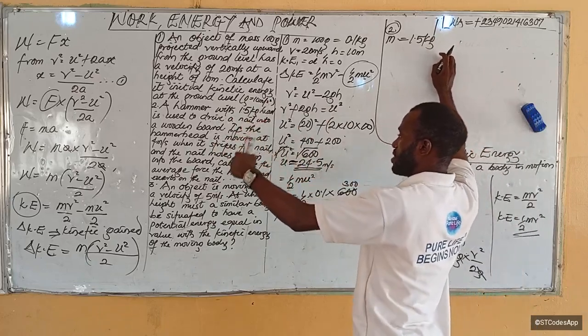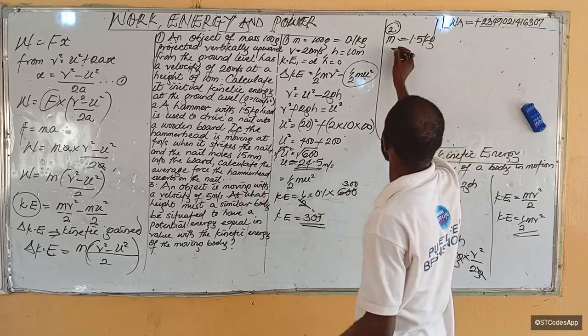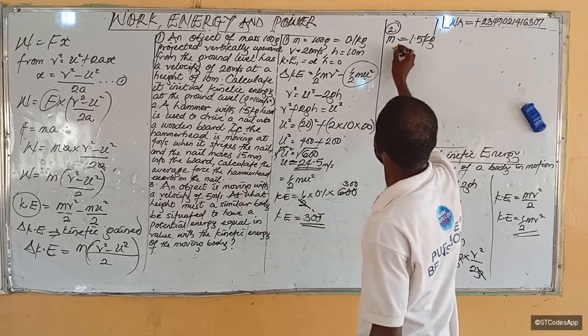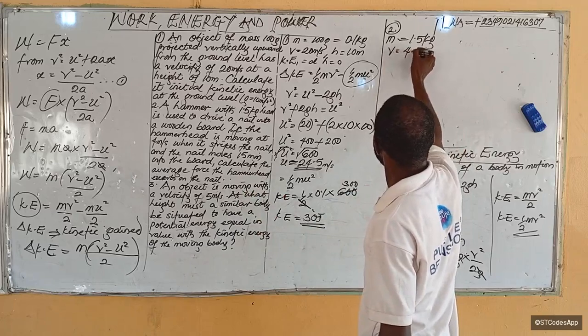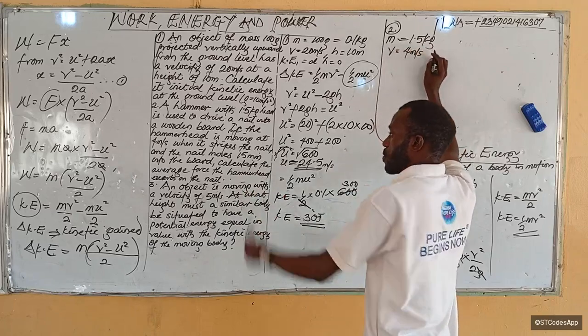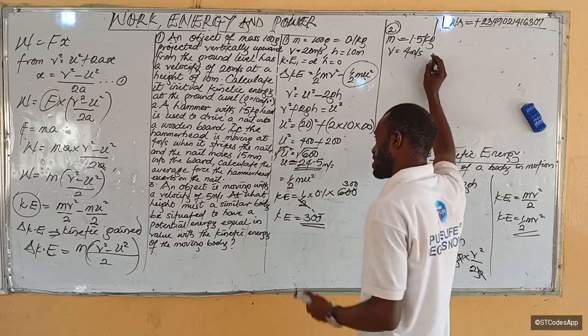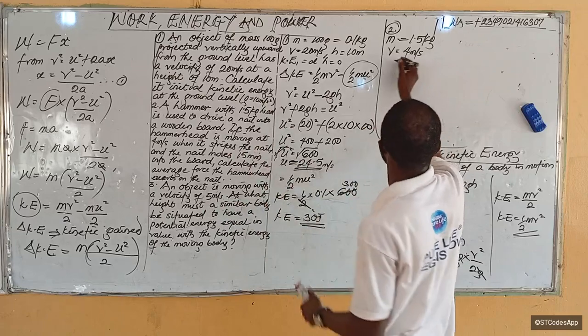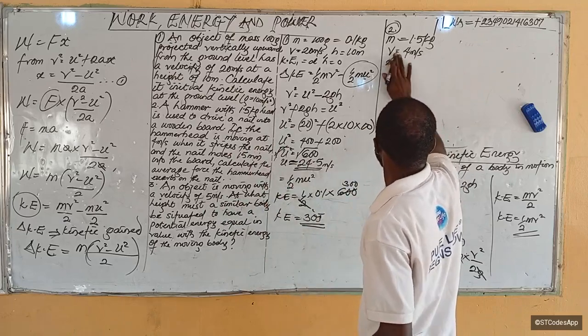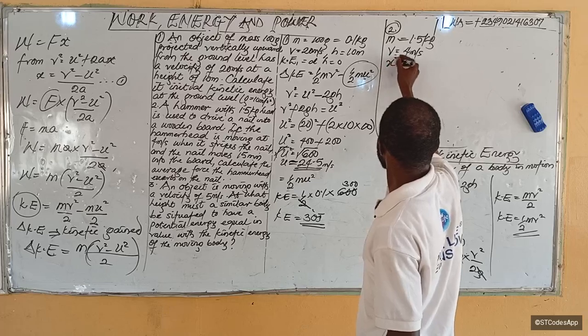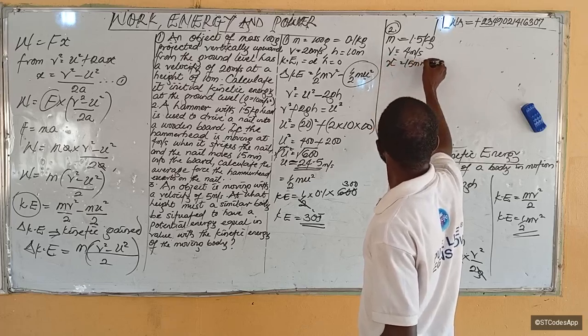If the hammer head is moving with a velocity of 4 meters per second when it strikes the nail, and the nail moves a distance x of 15 millimeters